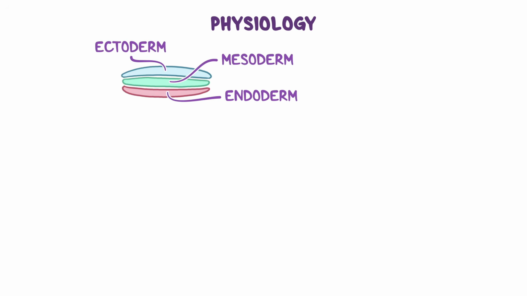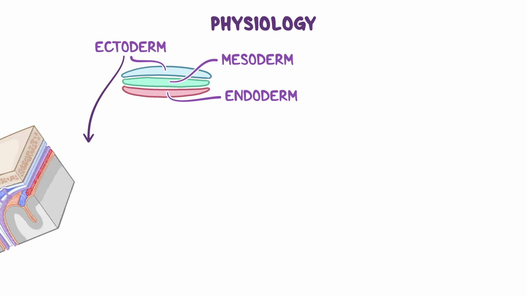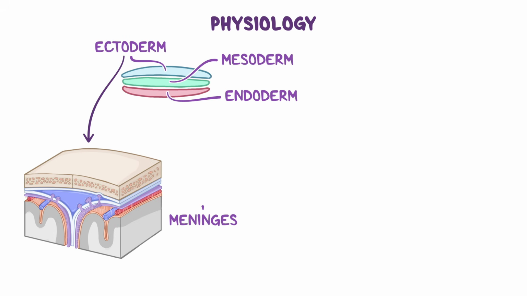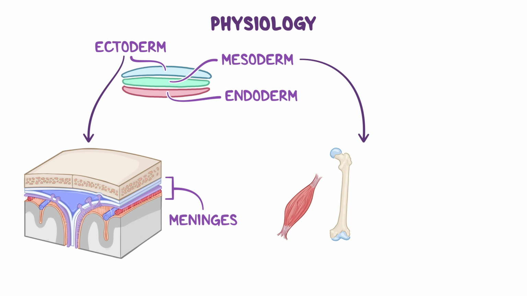Also, the ectoderm will give rise to three protective layers called the meninges, which wrap around the brain and spinal cord, cushioning them with cerebrospinal fluid. But that's not all. Thanks to the mesoderm, the body organizes to form structures like muscles, bones, and the overall skeletal framework. This adds another layer of protection because the mesoderm forms the vertebral column that surrounds and protects the